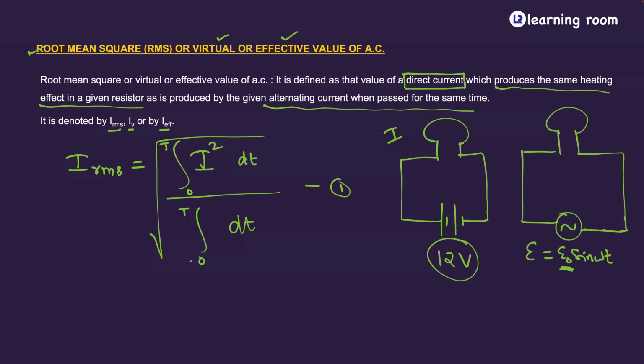RMS value. RMS value is the equivalent value of DC. I average is the average, and the instantaneous value then changes with respect to that. IRMS and I average are always